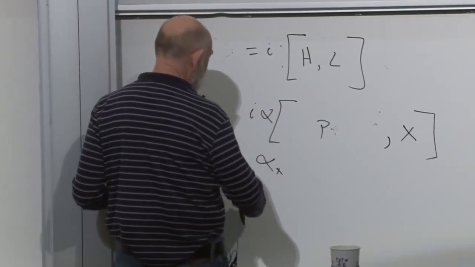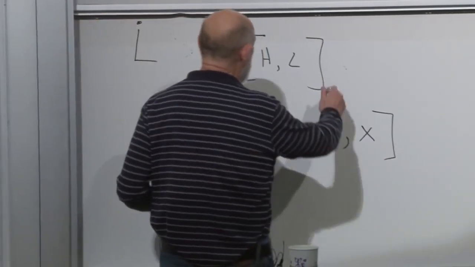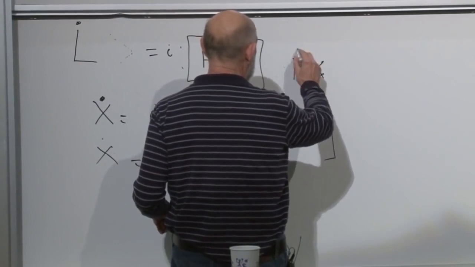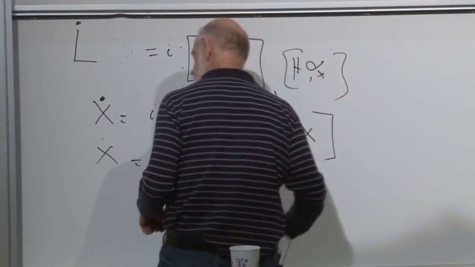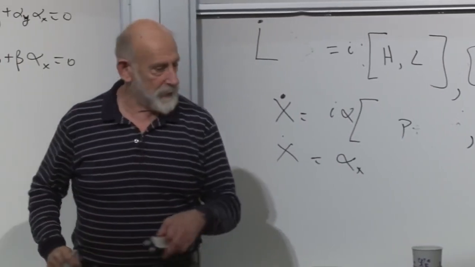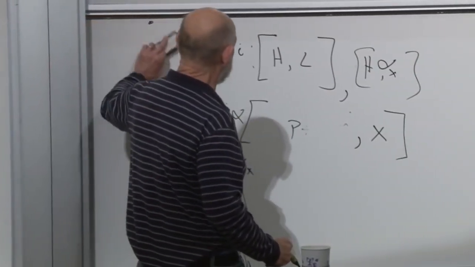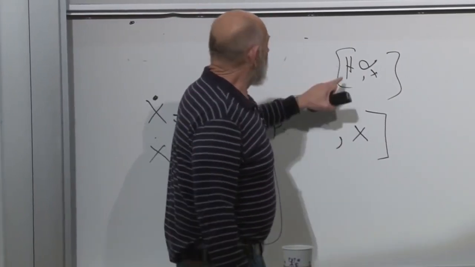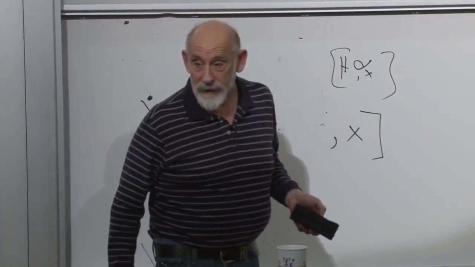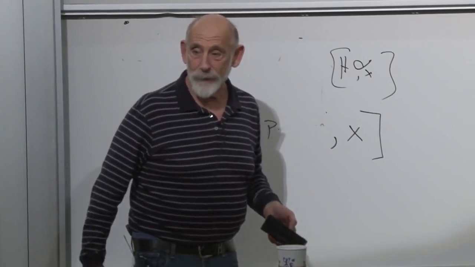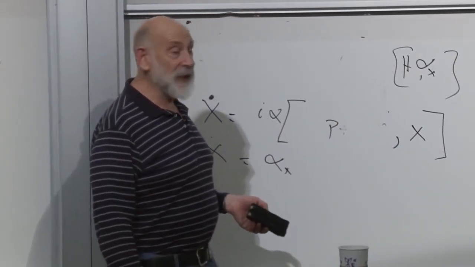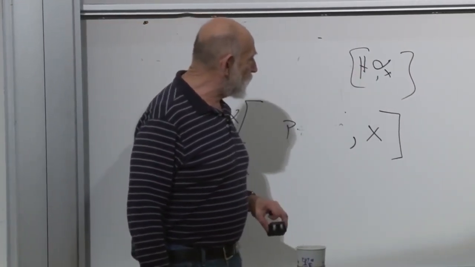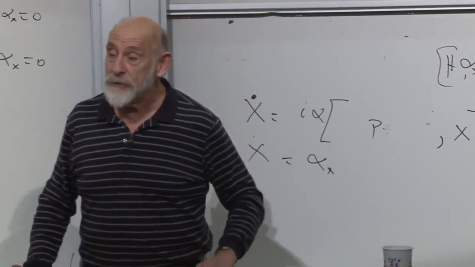For that, we have to take the commutator of H with alpha x. That would be the time derivative of alpha x. And the problem is that H has in it alpha y. Alpha y doesn't commute with alpha x. It also has alpha z in it, which doesn't commute with alpha x. So the answer is that the commutator of alpha x with the Hamiltonian is not 0, which means that the